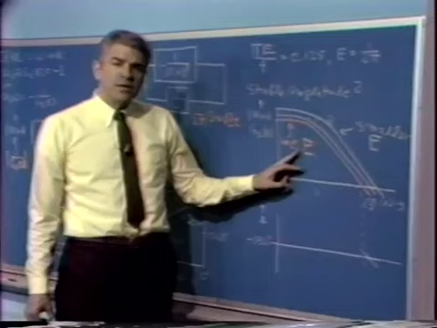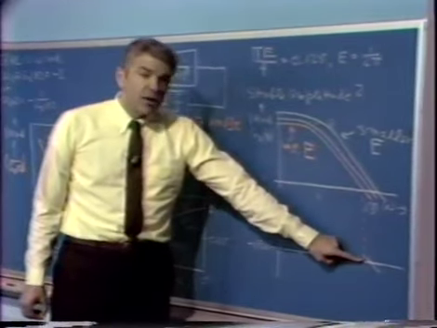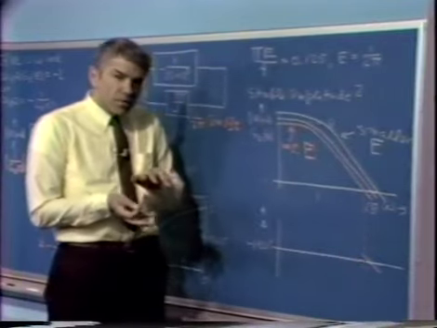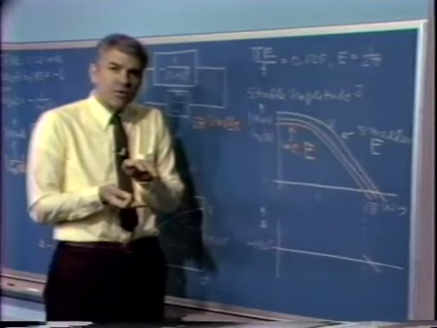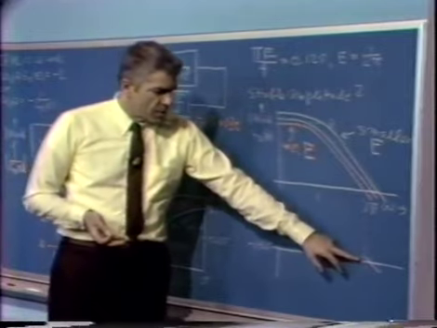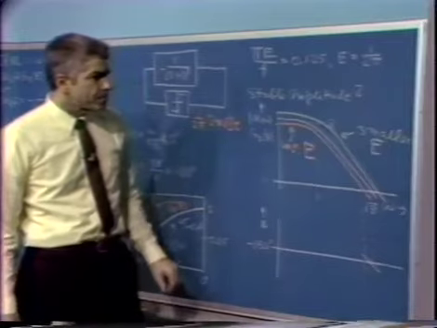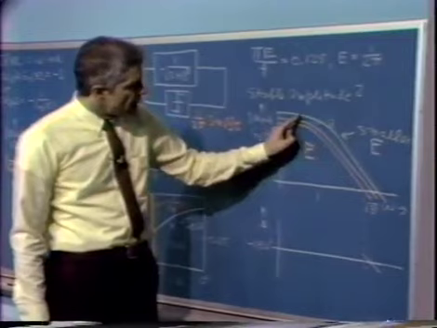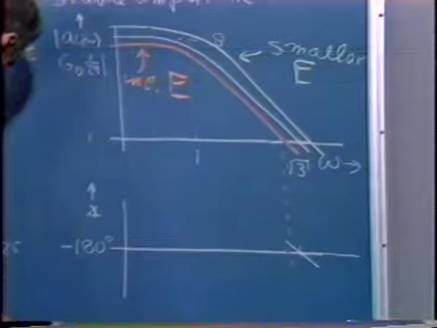Well, we assume that E increased a small amount, and our system becomes stable in an absolute sense, which means that the amplitude E would shrink, tending back toward its original value. We assume that it increased, we found the system becomes stable, the amplitude would shrink back down to its original value. Similarly, if we assume that we had a smaller value for E,